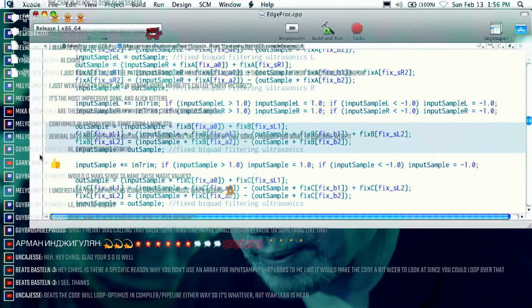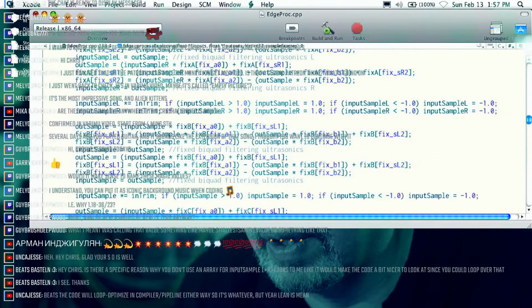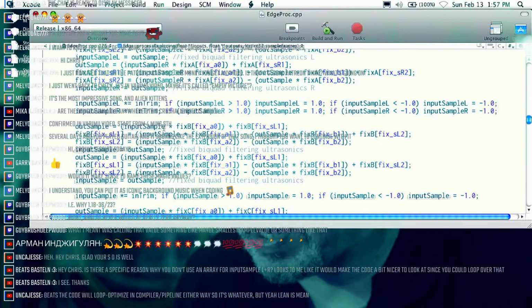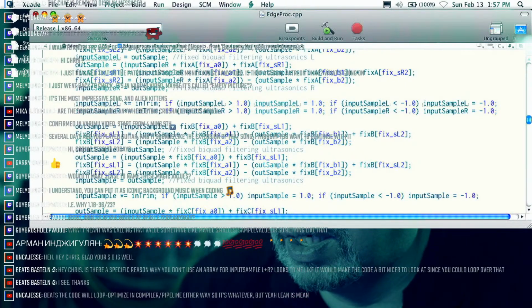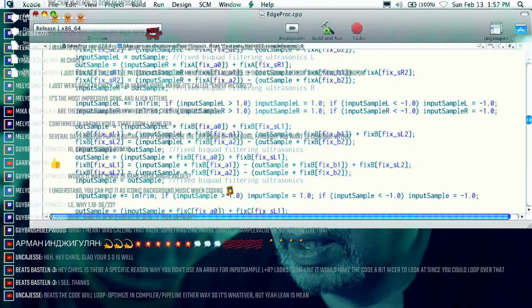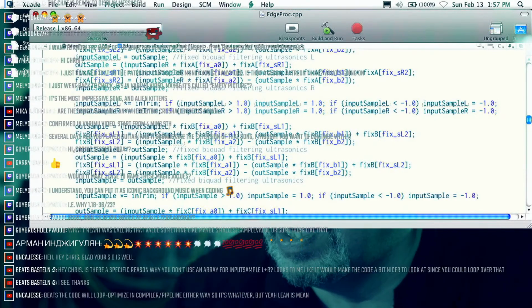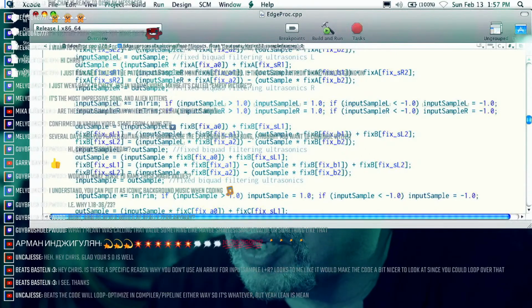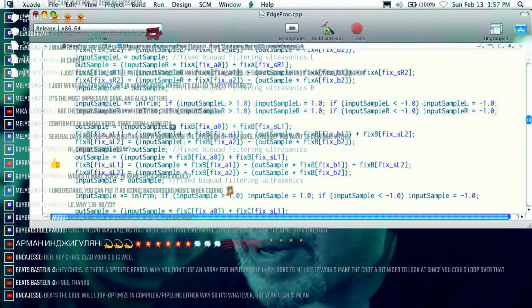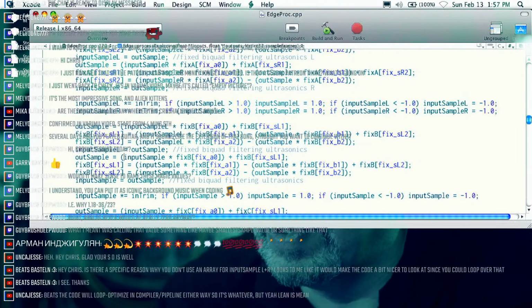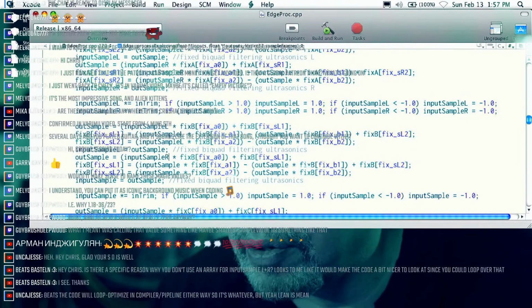Onwards, we're going to do this again. So here we are with the L's. And that actually covers it. That's all I needed to do to make that one be a stereo effect. Now I have to do the R's